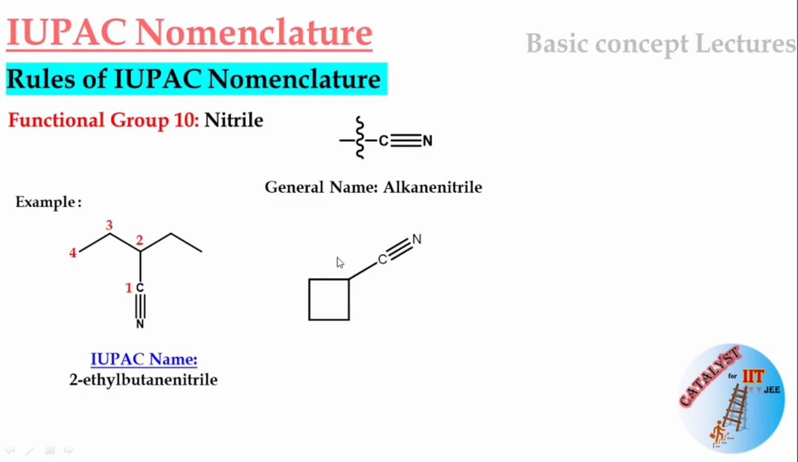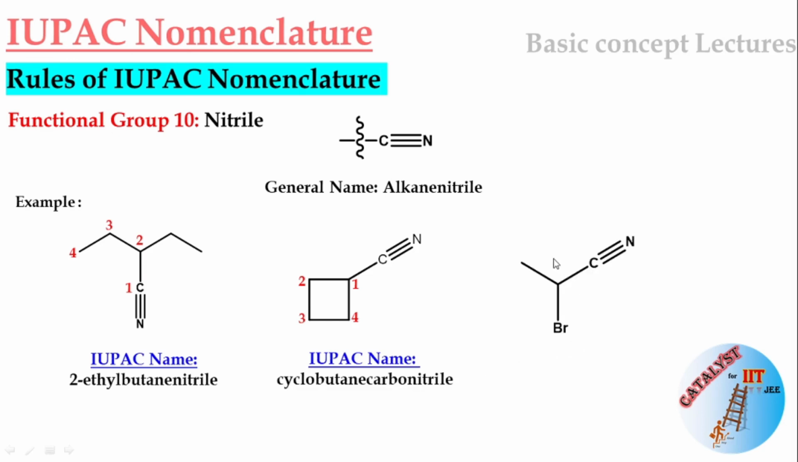Okay, so this is the cyclic structure in which the nitrile functional group is present. From here onward you will start numbering your parent chain, 1, 2, 3 and 4, and on the first position your nitrile functional group is present, and the IUPAC name for this structure is cyclobutane carbonitrile. Rather than adding the nitrile suffix, you have to add the carbonitrile suffix. Okay, now this is the